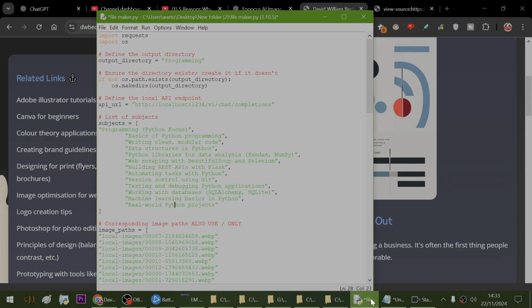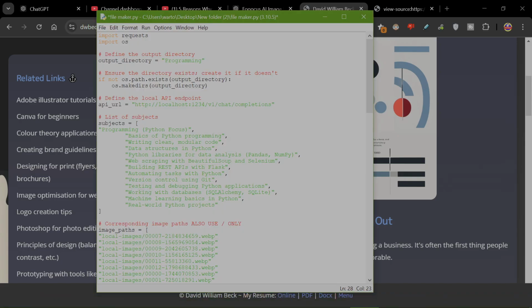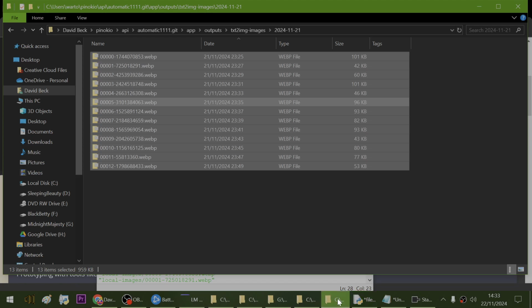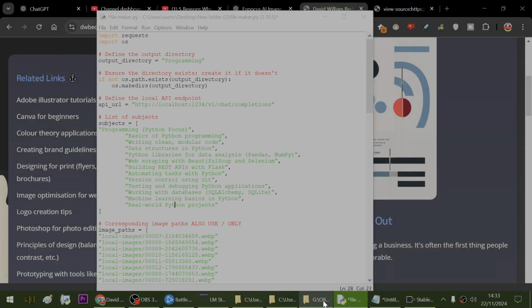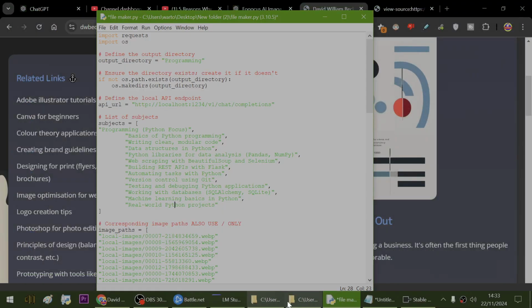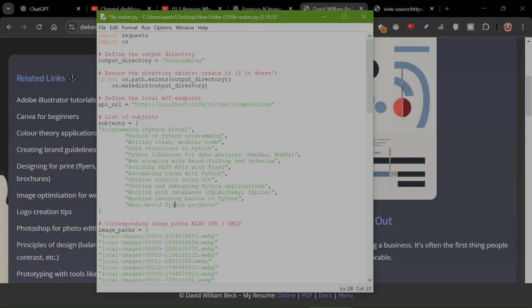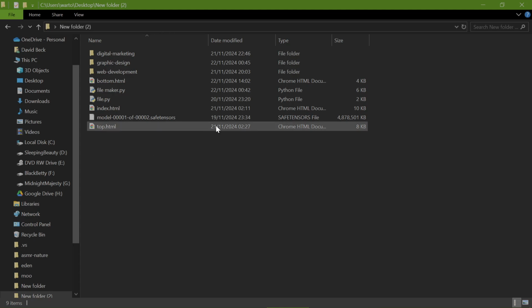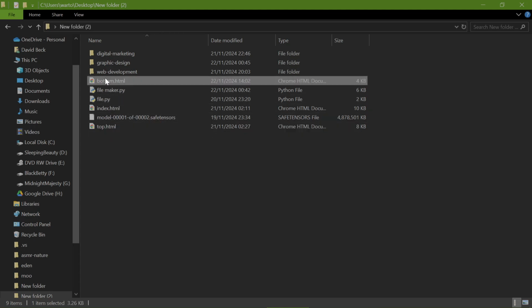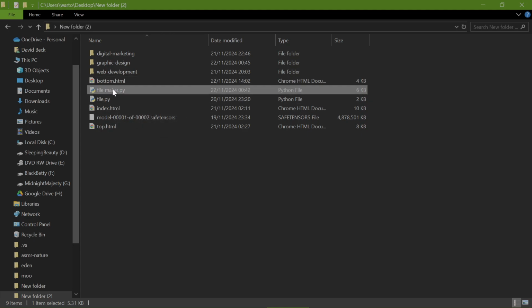Okay, let's go back to the Python script we were looking at, and I'll explain how it works, just from the folder structure. So I'm just going to go back to the folder. That's my images. Again, the folder should be this one. Yeah, so this builds web pages based on a sandwich model. So a sandwich has 2 slices of bread, and it's got the filling in the middle. And equally, I have the top of a web page, bottom of a web page, and then the middle bit